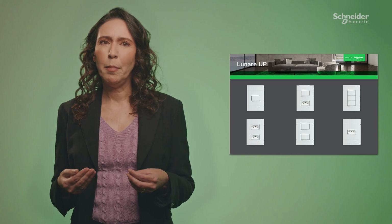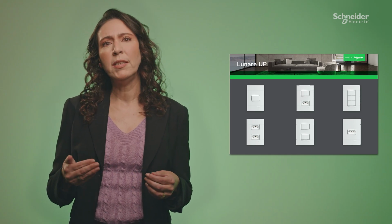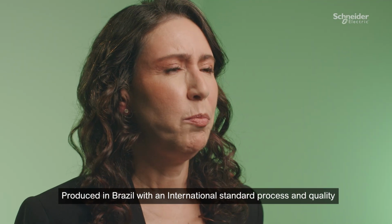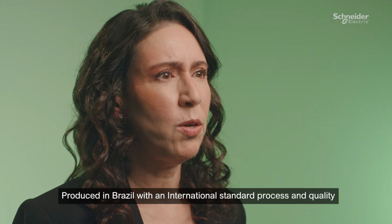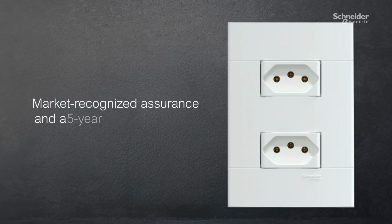Safety is paramount to us. That's why Lunare UP is not only developed in accordance with international and local standards and safety rules, but it's also produced in Brazil according to international standard process and quality, backed by the Schneider Electric brand's market-recognized assurance and